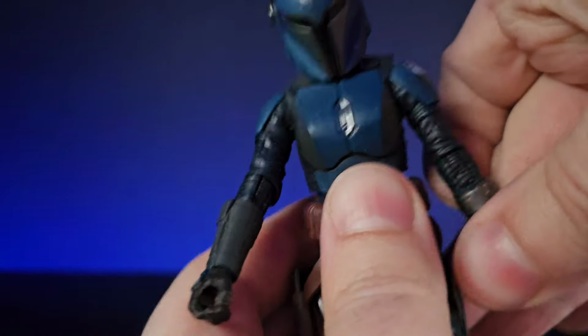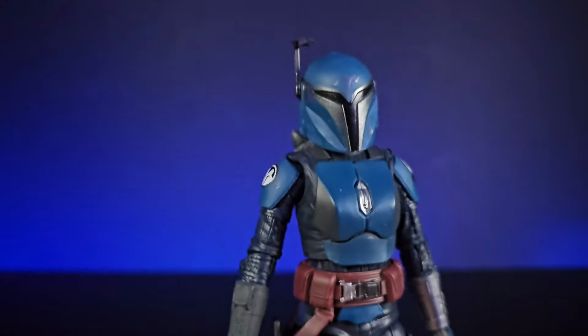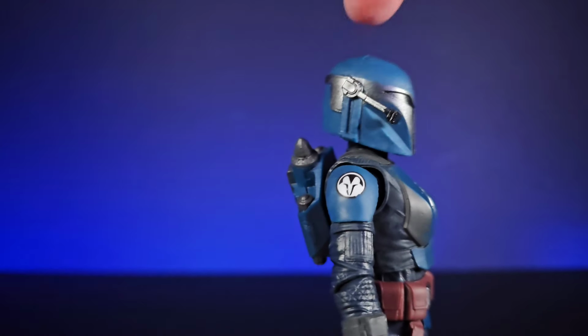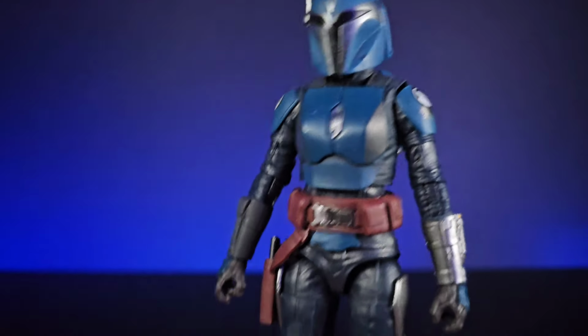Nothing, as I said, there's nothing different compared to the other ones that we've had before. So it's just an easy re-release, an easy repaint out there as well. And obviously the rangefinder is movable as well if you want to bring that down over the actual figure. But what breaks this one apart is obviously the